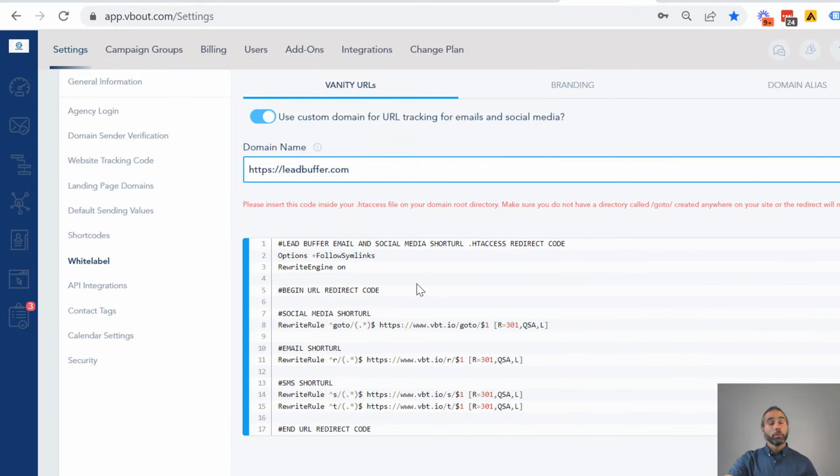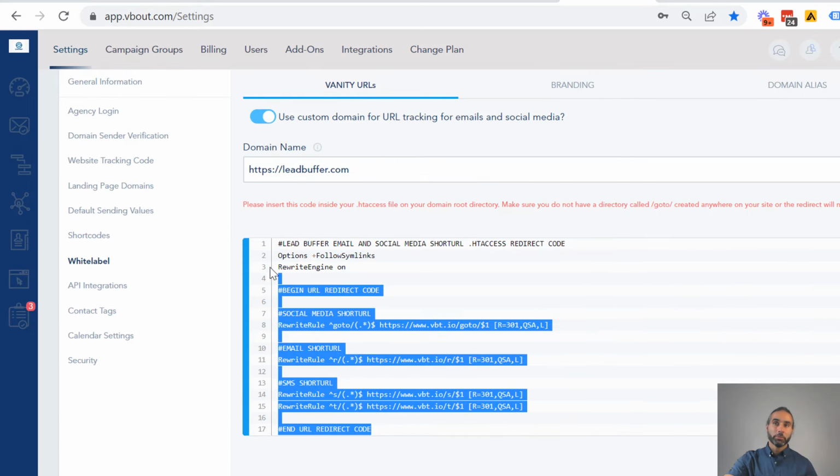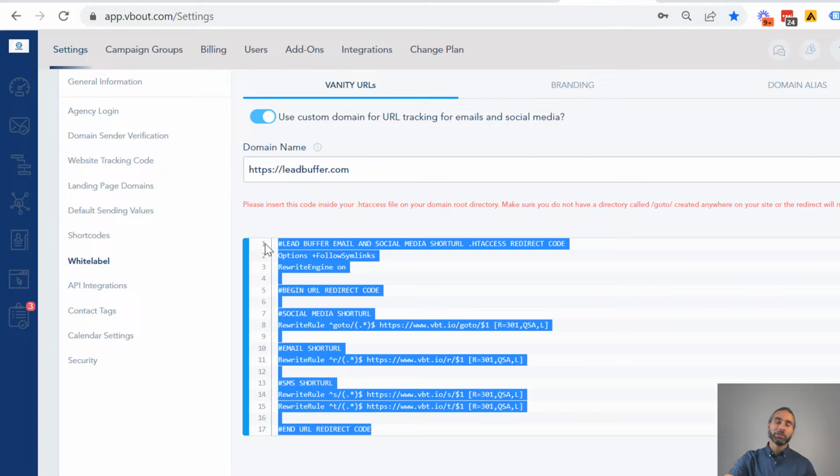The second or the third setup here is taking the snippet of code that we give you and adding it to your htaccess. So you need to have your file manager, you need to have htaccess installed. If you are using a website builder, you might not have this option, just so we are fully transparent on this thing. Now, it's not a big deal if you cannot set up vanity URLs to include your own brand link in there, because what we use does not lead to a website.